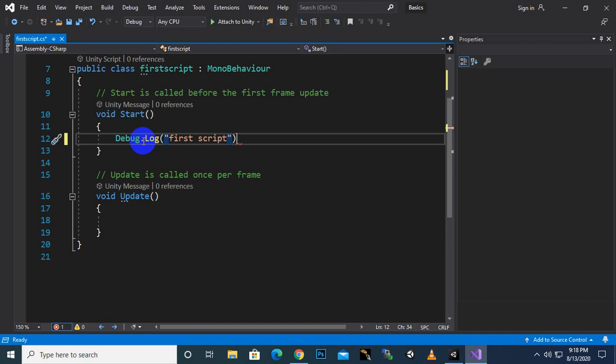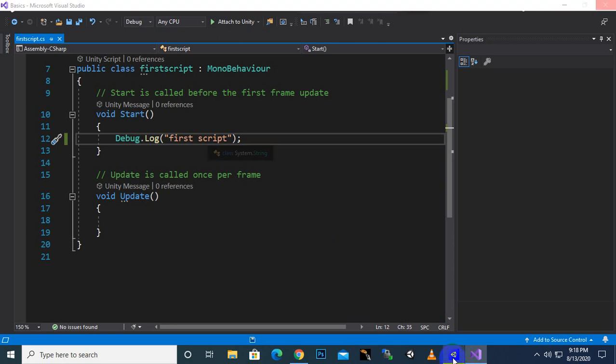We will close every line with a semicolon. That's the programming, so very easy. Debug.Log, first script. So we will now save this script with Control S,